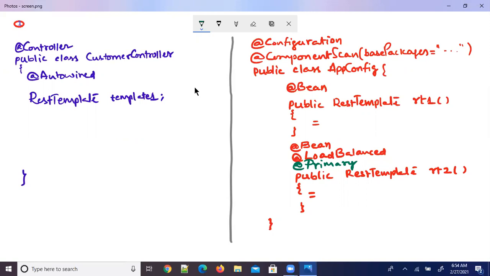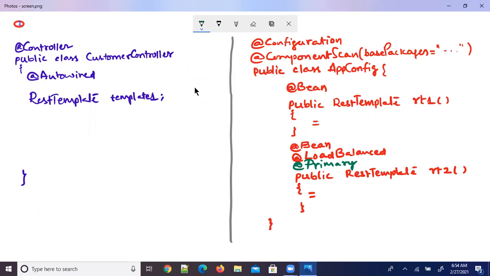Very good. Now come back to this controller. Now in controller, get the point clearly. In controller, now here we have the @Autowired annotation. Are you clear now?